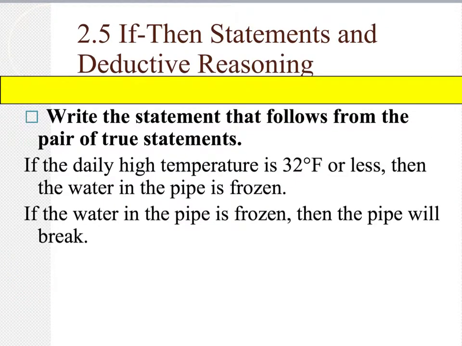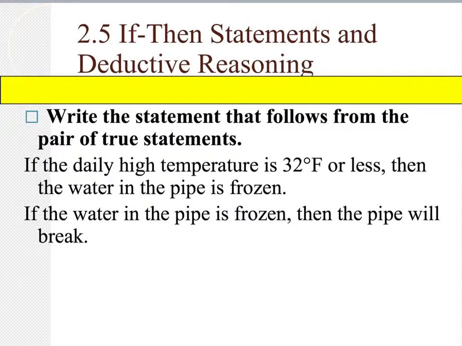This is the last one of the day. You're writing the statement that follows from the pair of true statements. This is going to be the law of syllogism. So please use this. You're writing an if-then statement using the law of syllogism. Give this one a shot. It says, if the daily high temperature is 32 degrees or less, then the water in the pipe is frozen. If the water in the pipe is frozen, then the pipe will break. Okay, so using that law of syllogism, that law of logic, you are going to be finding an if-then